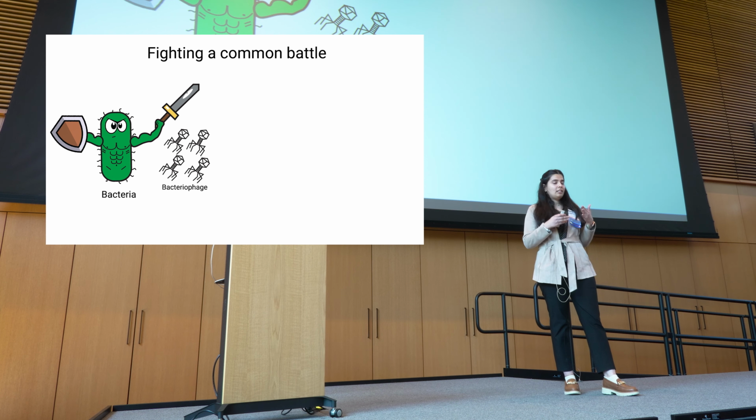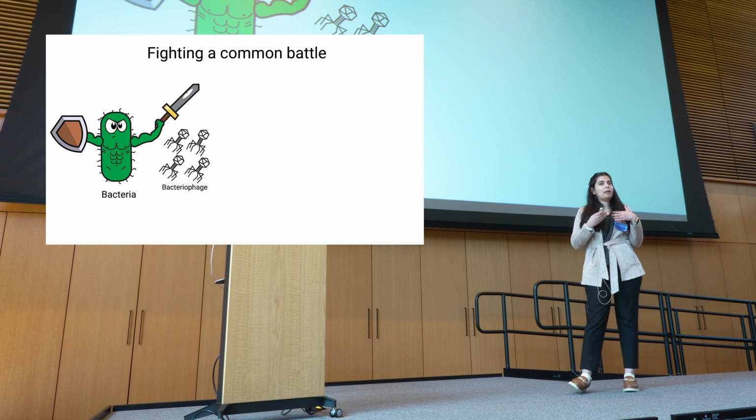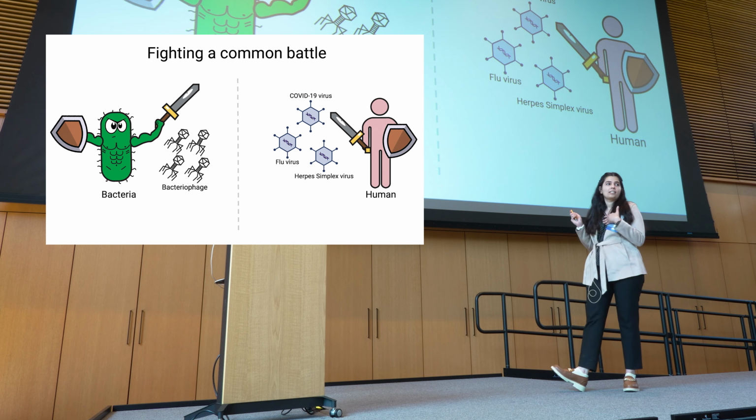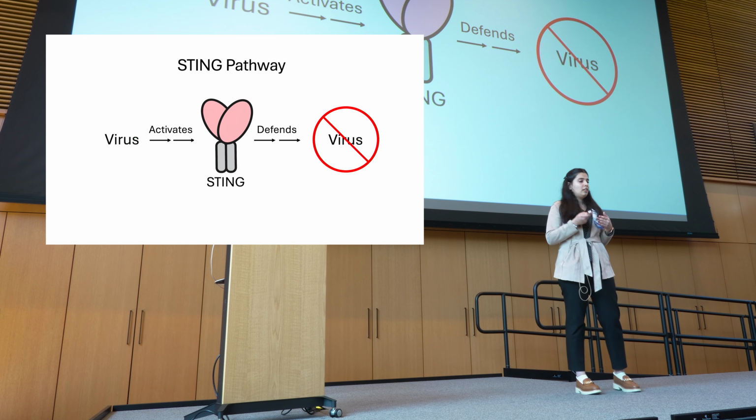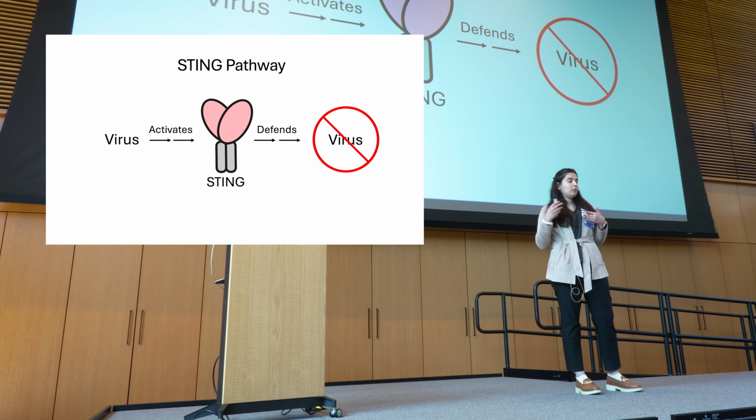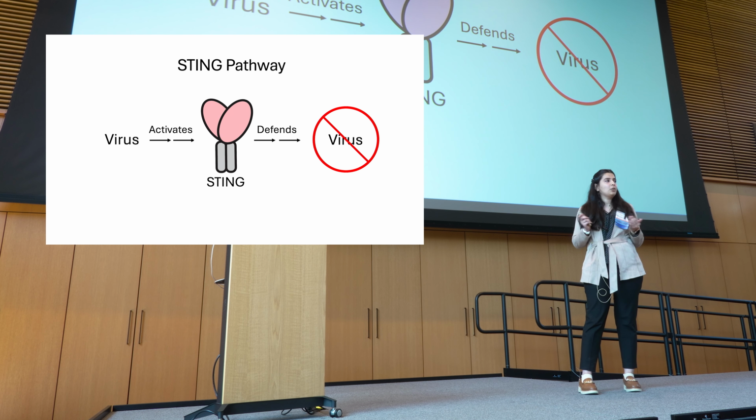So bacteria keeps developing tools to fight against these viruses, and some of these are the same tools used by us to fight against our viruses. So the STING pathway is one of the tools that's used by both of them. It has the STING protein at the center of it, and it's used by both bacteria and humans to fight